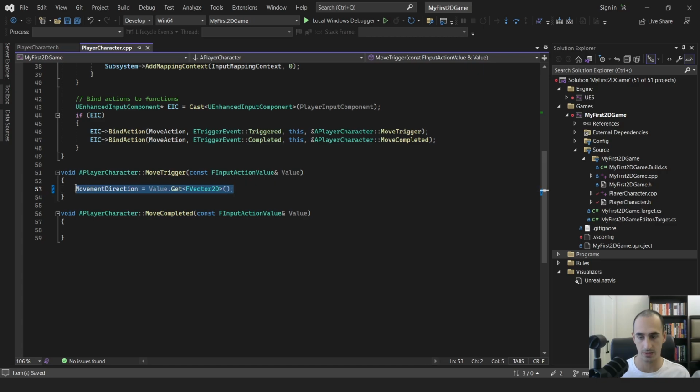So this is going to make it so that when we press the D key, the movement direction is going to be 1 and 0. When we press the W key, it's going to be 0 and 1. And let's say we press A and S at the same time, it's going to be -1, -1. We're basically setting movement direction equal to that value, and that's going to give us the correct direction we need